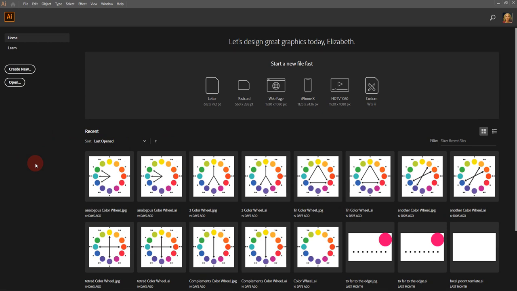So if you're opening Illustrator for the first time, you will not see, obviously, files that you've worked on. You have a slightly different look. But what I'm going to show you today would be the same whether you're opening up Illustrator for the first time or, like myself, have been using it for a while. So I'm going to go ahead and click on New,